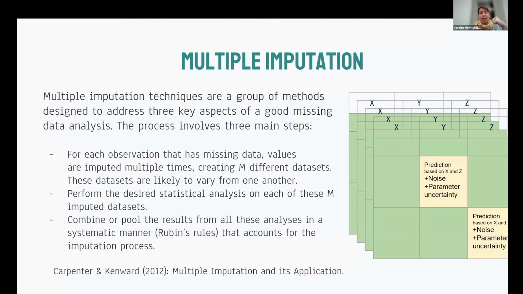Then in a last step, you pool all the results according to some rules that we call Rubin's rules, because he developed them. If you're interested in the mathematical proofs why this approach leads to correct standard errors and correct confidence intervals, and so forth, I can only recommend the Carpenter and Kenward multiple imputation book, where you have the proofs and the Bayesian idea